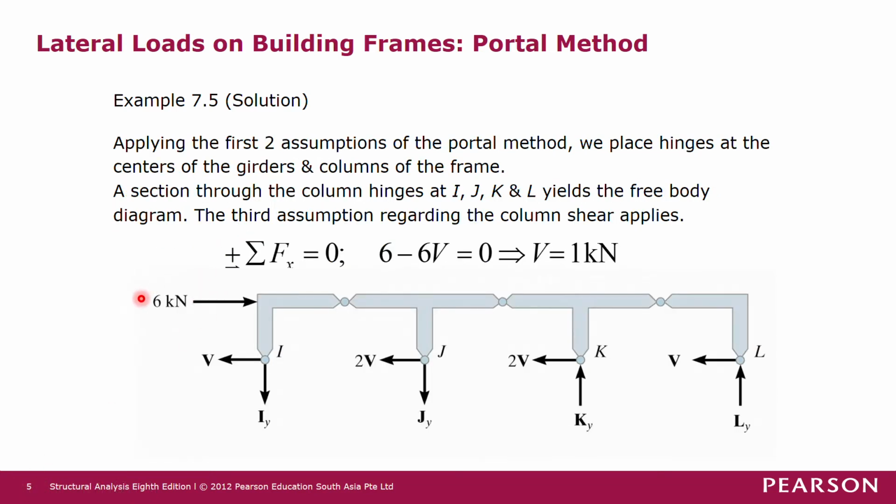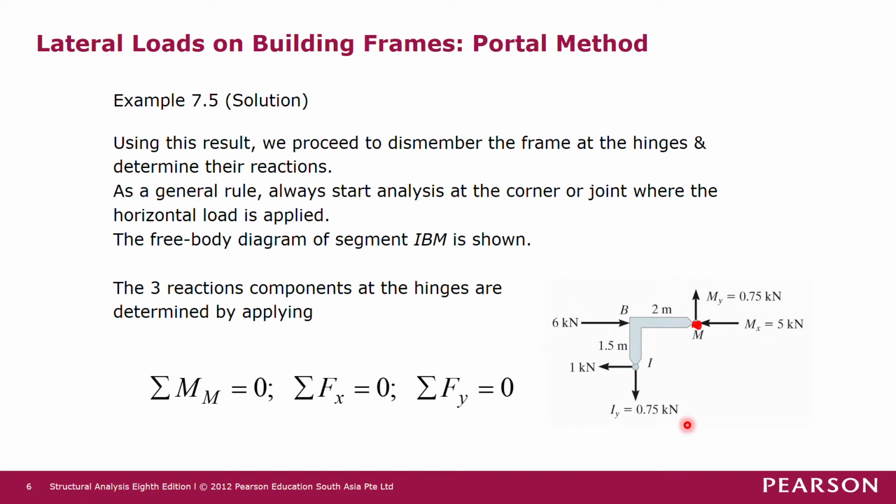So here we have the horizontal force applied here. We just detach further this hinge and isolate this as a free body diagram. So we get a free body diagram like this. Okay, so V is already solved. This is the known force already of 1 kilonewton. So the only unknown force is Iy,